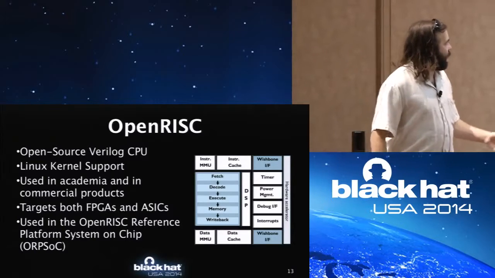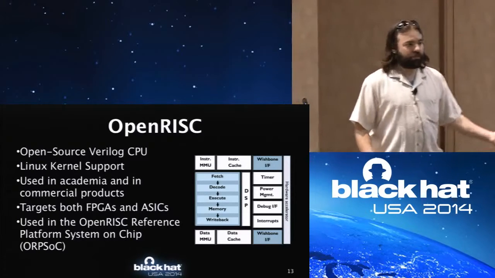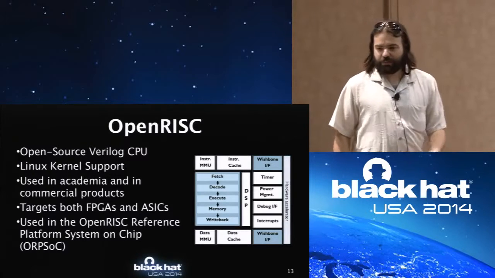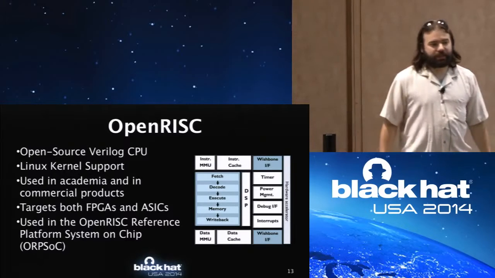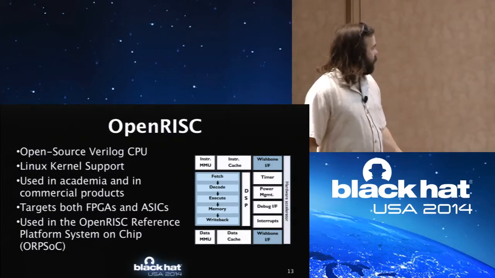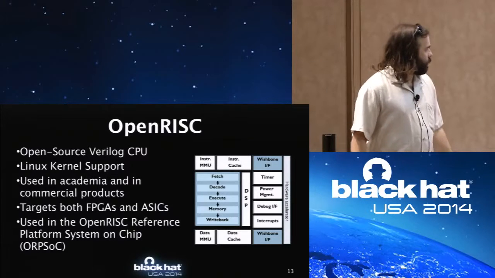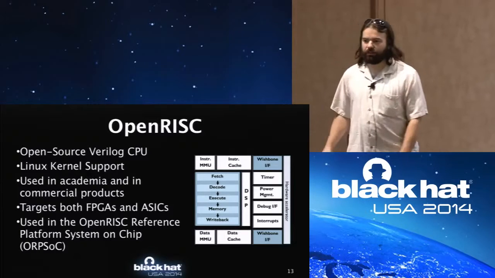So OpenRISC is great. It has pretty good Linux kernel support. It's used a lot in academia as an example instruction architecture. It's actually used in some commercial products. It works well on FPGAs, and it has been synthesized and shipped in commercial products even in the recent past. It's used in what's called the OpenRISC Reference Platform System on Chip, ORPSoC, which is what I looked